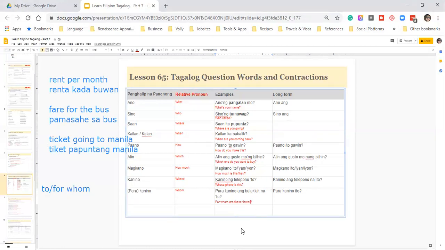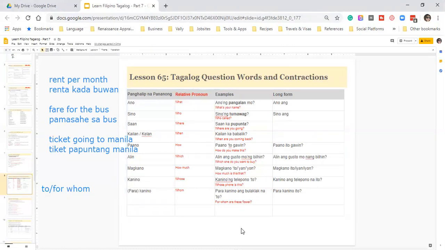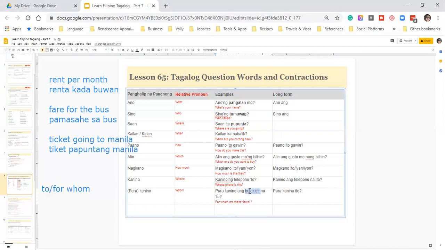Translation. Okay? So if you want to say, "Para kanino ang," and then replace that noun there. Let's say cake. Replace that with a cake. Para kanino ang cake na ito? Okay, next. Regalo. Gift. Para kanino ang gift? Regalo. Yes.